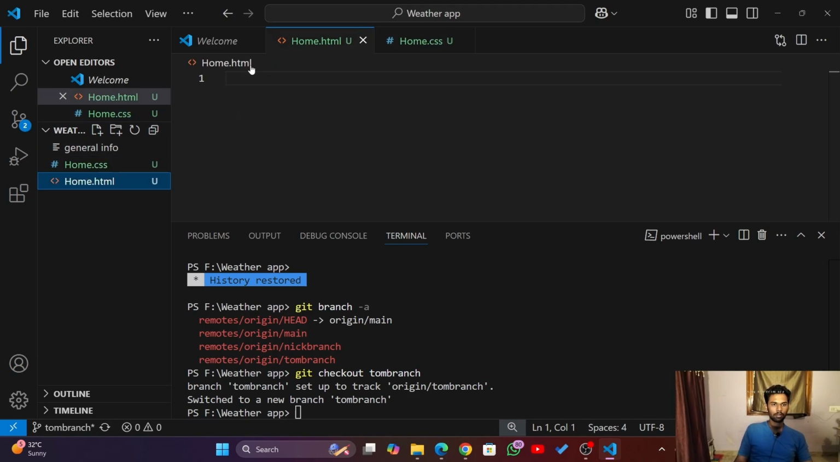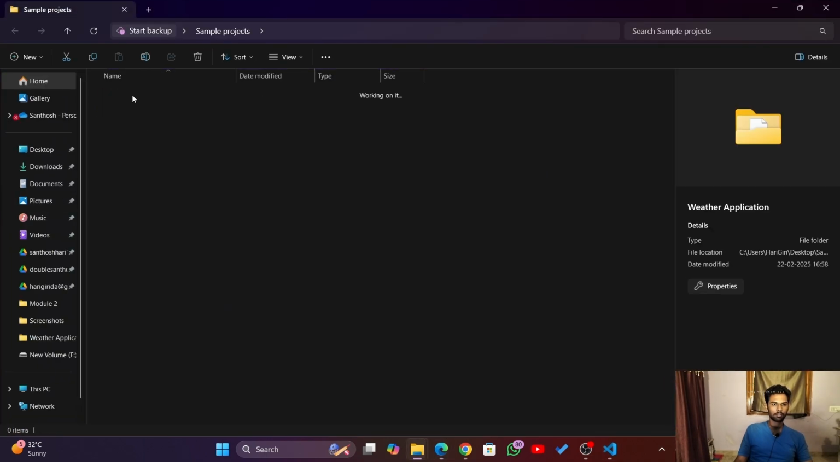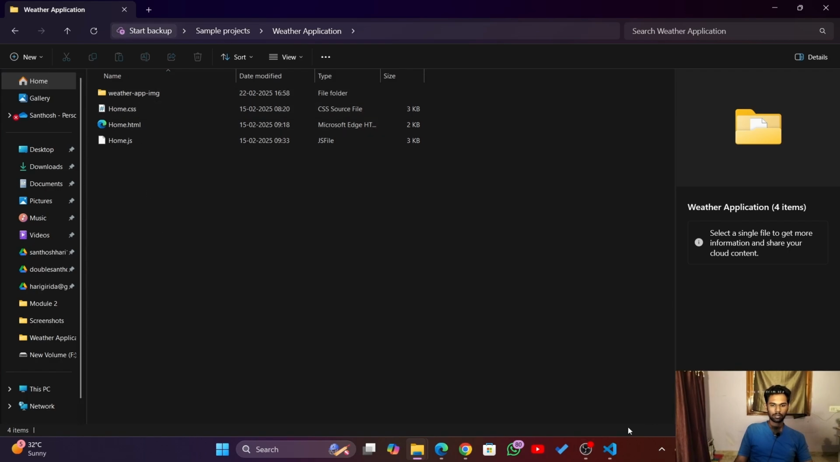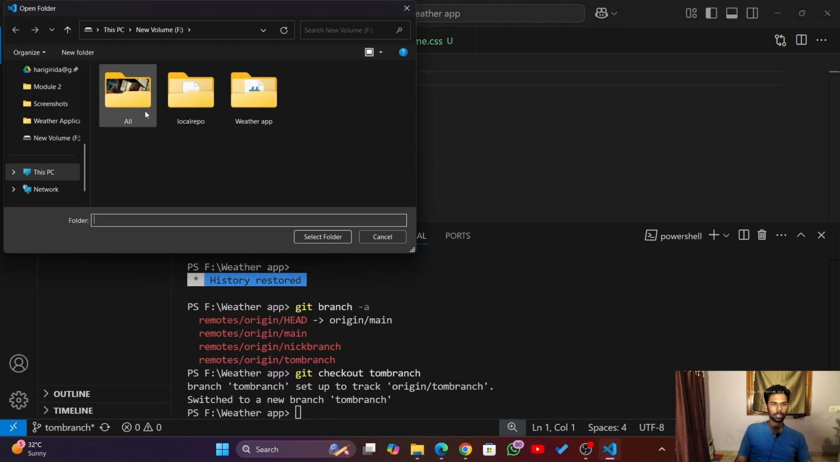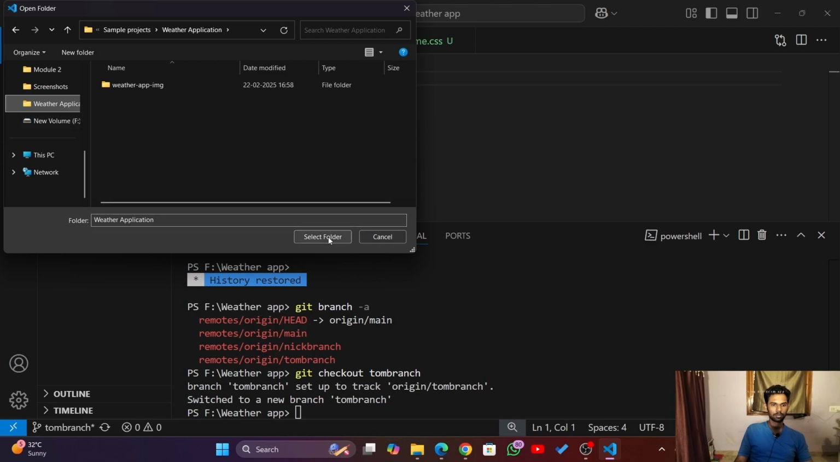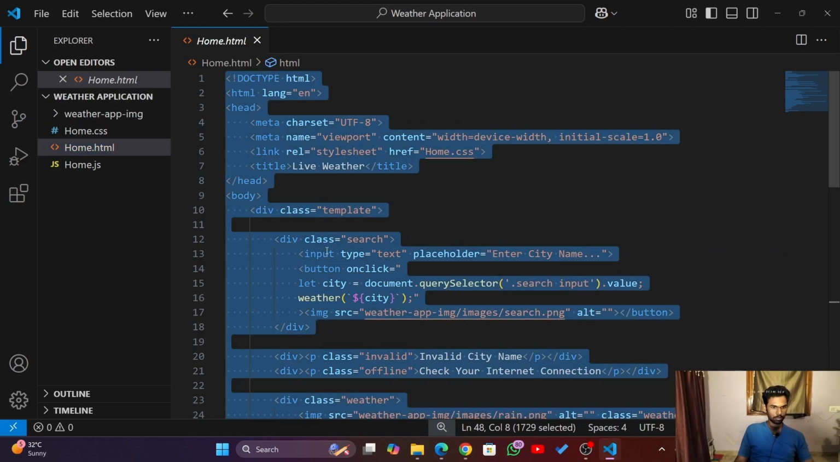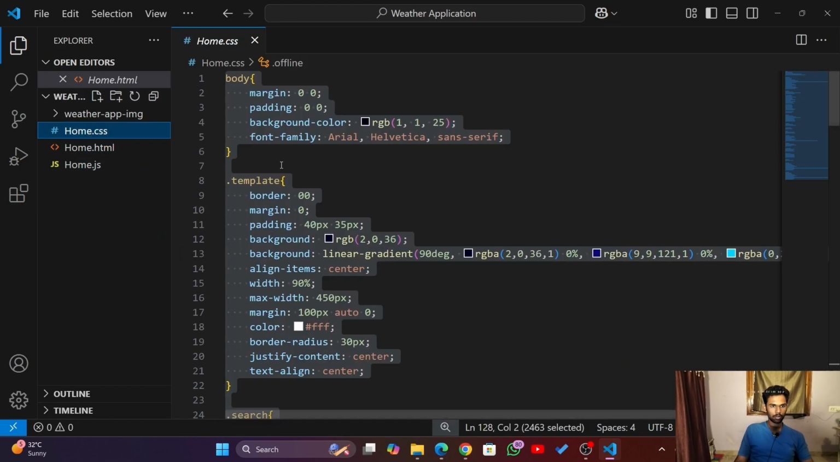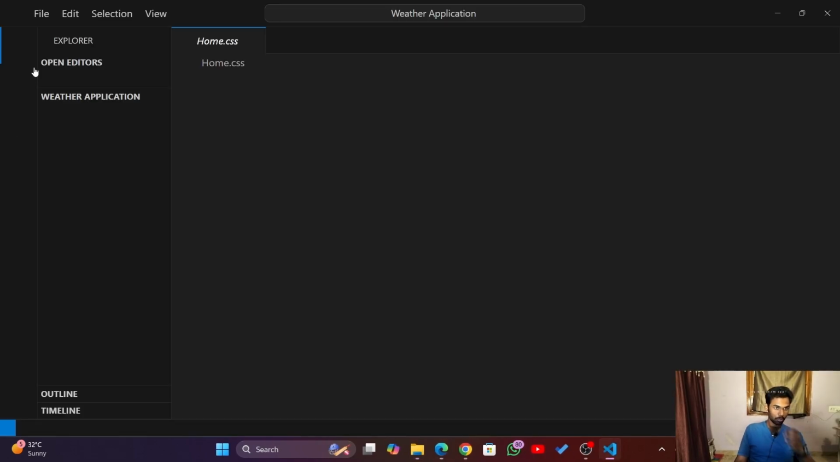Well, for the coding, I have already typed everything in this sample project weather application. So I'm gonna copy everything from this weather application project. Open this folder and let's copy every HTML code as well as every CSS code from here. Let me close this one. Let me again open the Visual Studio Code